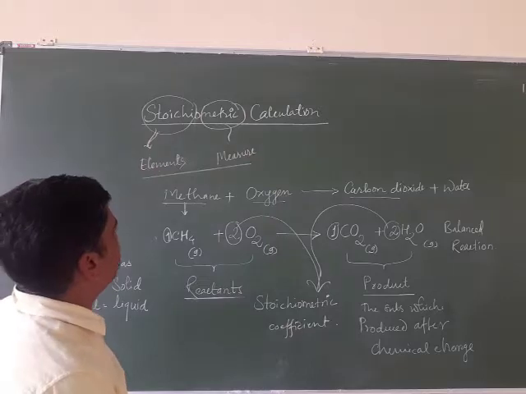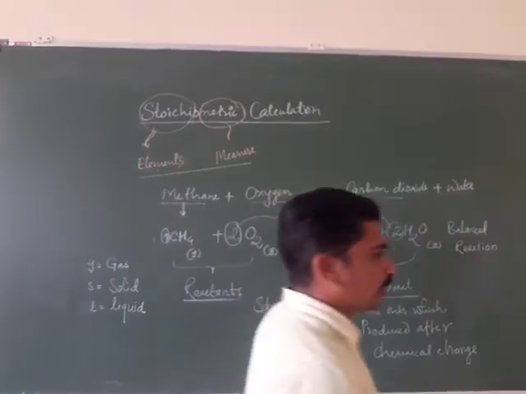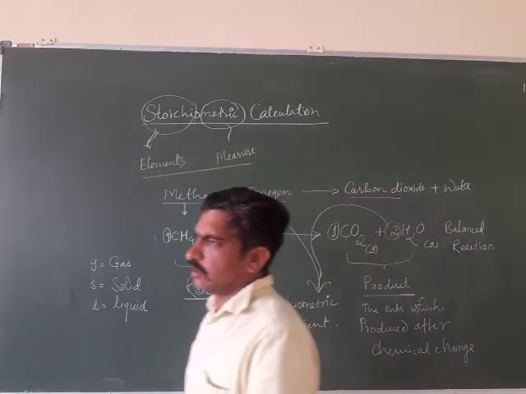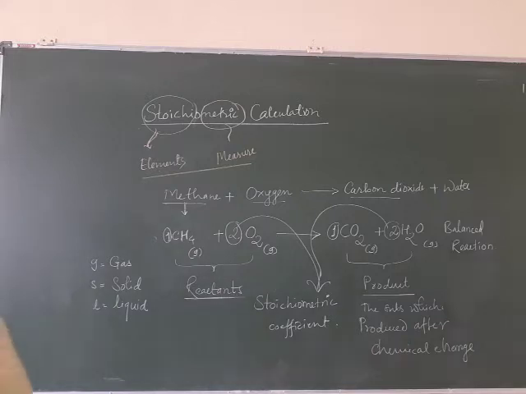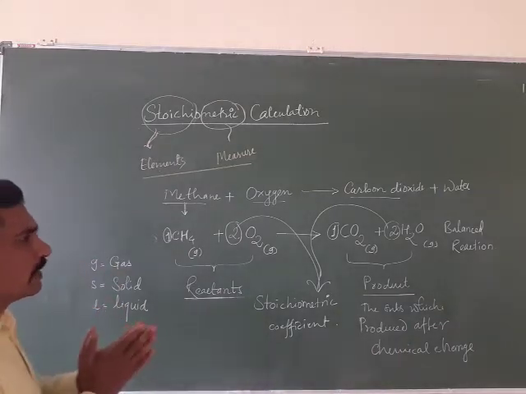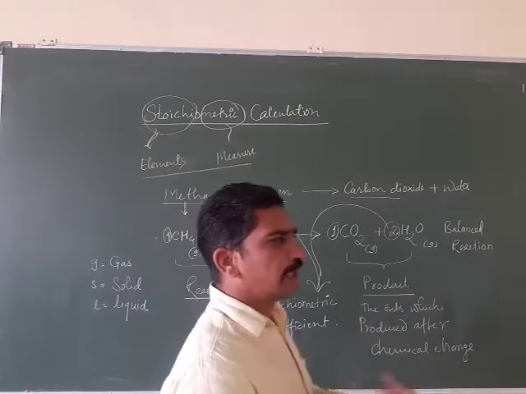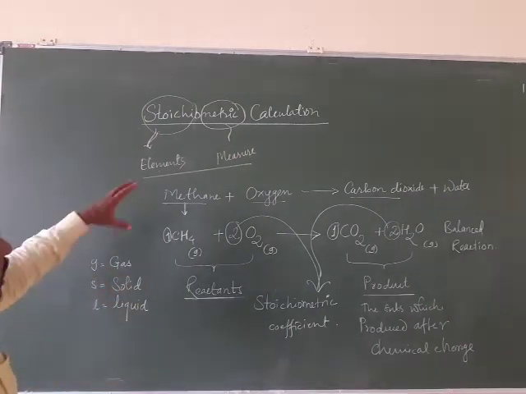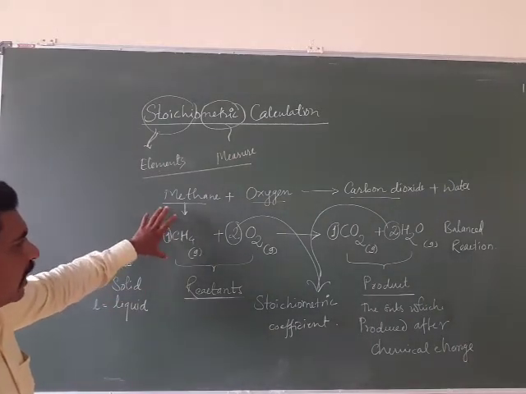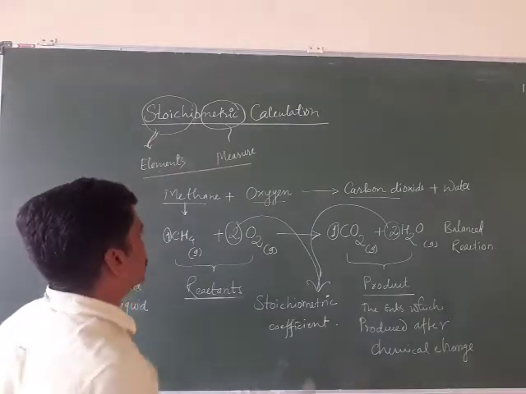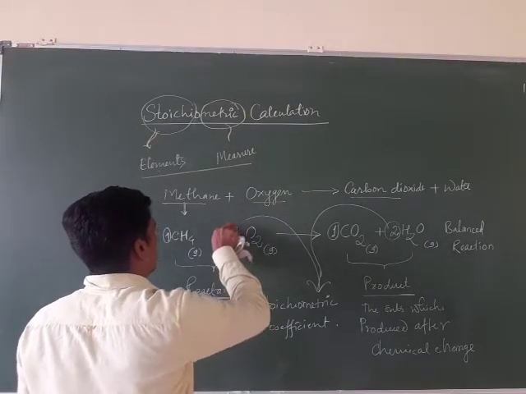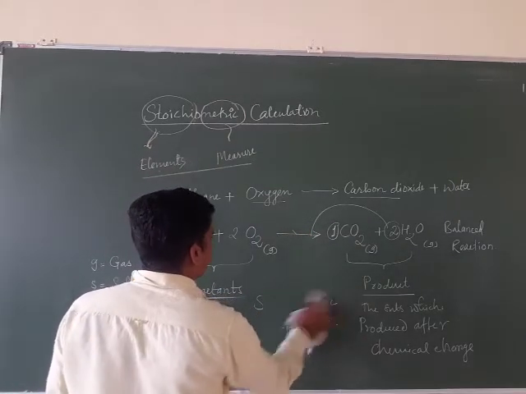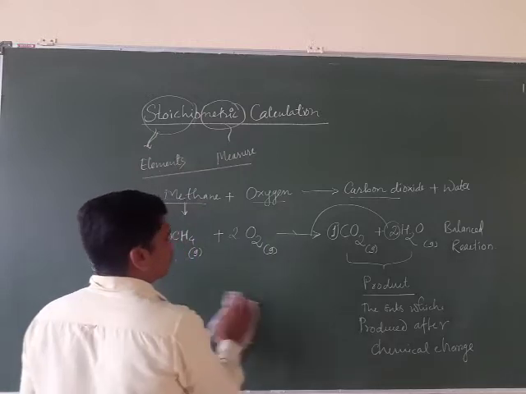Now, how to measure the elements? We are not actually counting the number of atoms, because it is not possible to see a single atom. That's why we are using different terms. Now, if we think about this chemical equation, written for the combustion reaction, what can we say by looking at it?